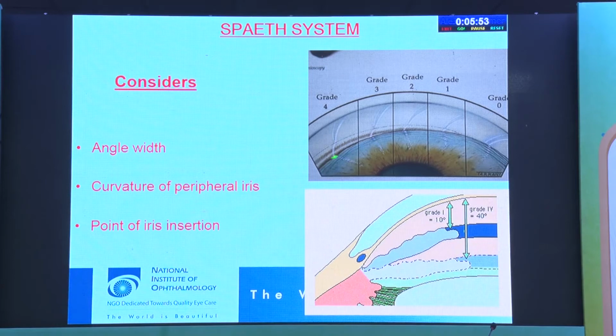Grade 3 means here you see the ciliary body band is getting obscure and you see only the scleral spur. Grade 2 means even the scleral spur is not visible, and what we see is pigmented TM, anterior non-pigmented TM and Schwalbe's line. Grade 1 means even the pigmented TM is not seen, and grade 0 means almost